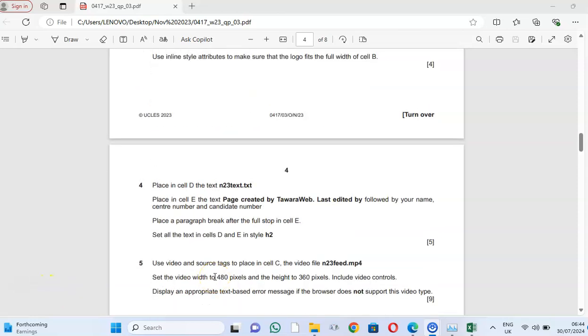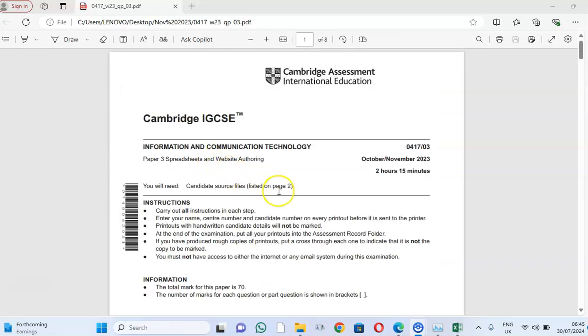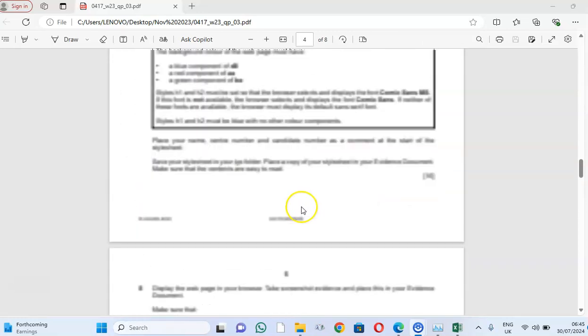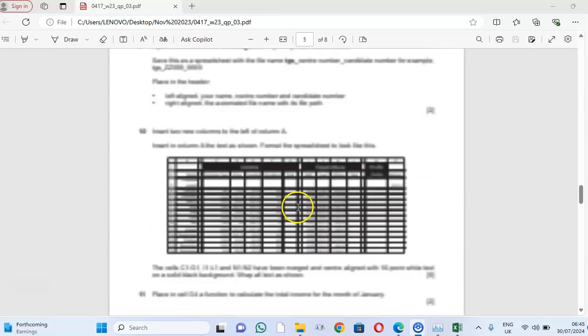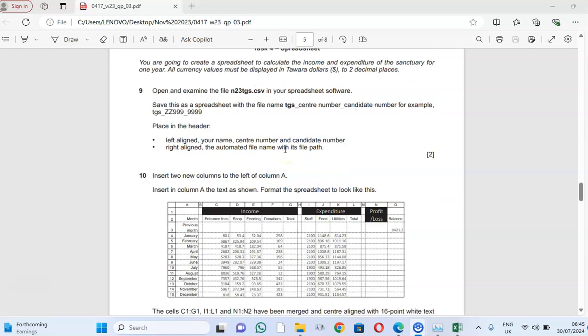The October-November 2023 paper, IGCSE Information. The emphasis is on the spreadsheet task. So this is the spreadsheet task that we... I would like to focus more on the calculations. So required